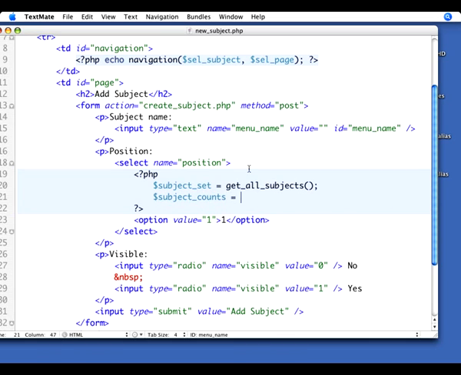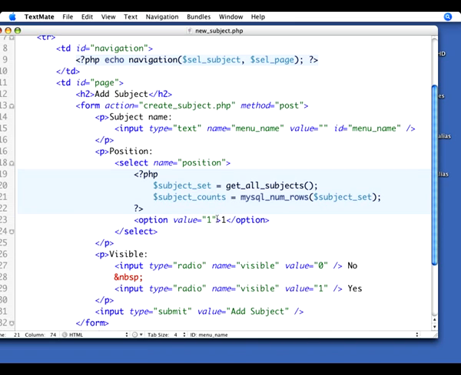And we do that by using a command called mysql_num_rows. That tells us how many rows were returned in this result set. Remember, in this case, we're returning a set of rows, a collection of a whole bunch of rows, not just a single subject. Be clear on that. We're returning a resource that has many rows in it. And instead of doing mysql_fetch_array, instead we're saying, resource, tell me how many rows you have. So we're not actually looking at the content because we don't care about what the content is at this point. We just want to know how many there are, and then we'll know how many of these option value things